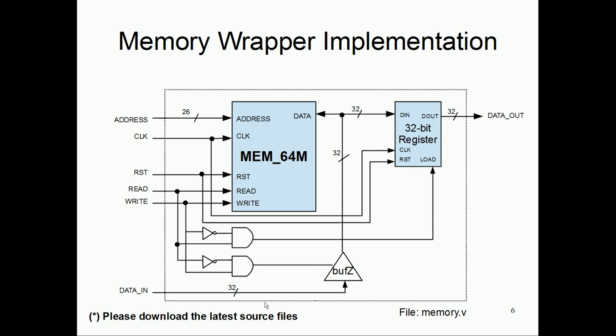Let's say this is my data in, and it is a write signal. That means this guy is 1, with this little decoding logic with an inverter and an AND gate. This is 1. So this data in will be